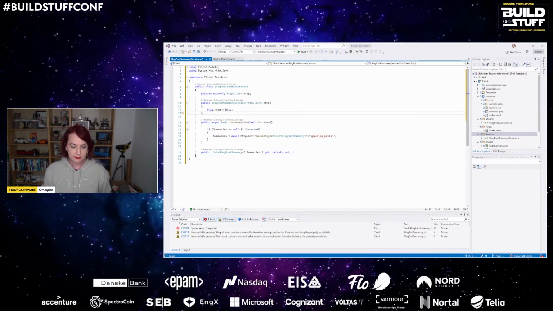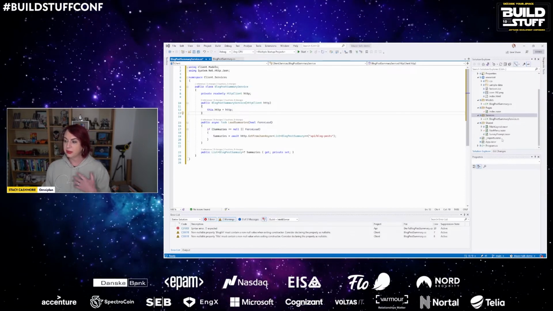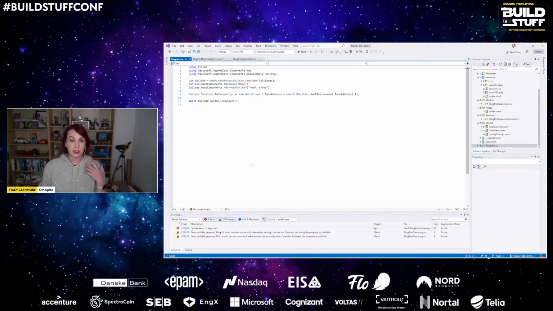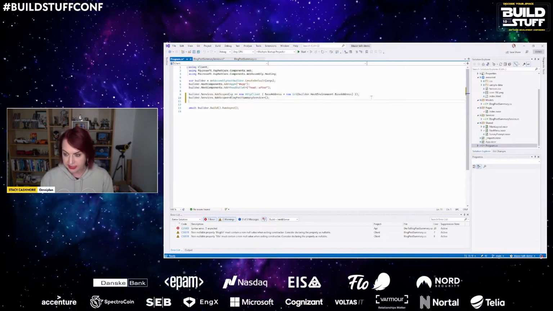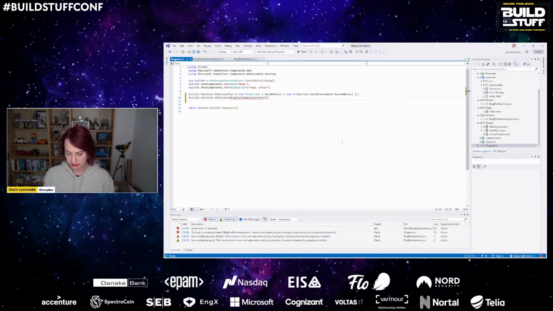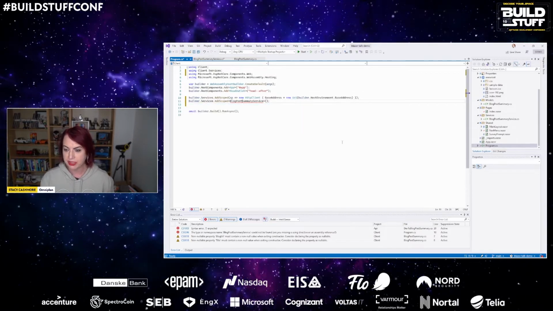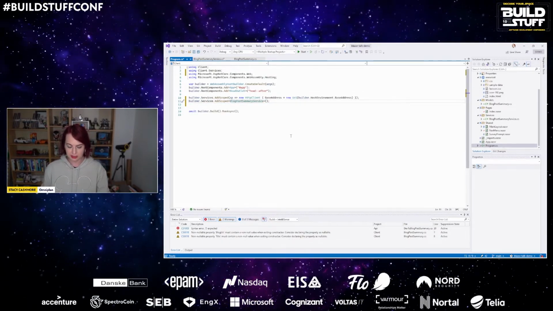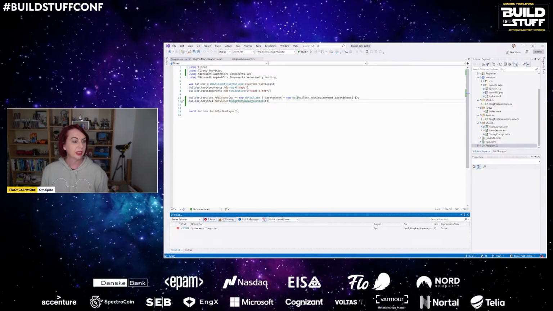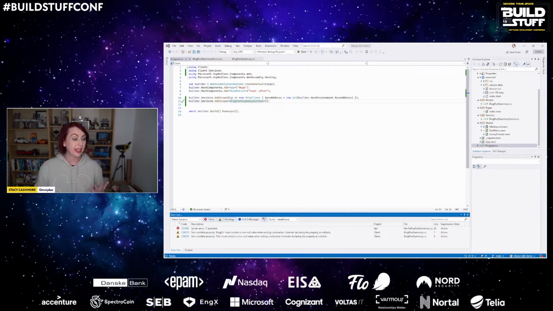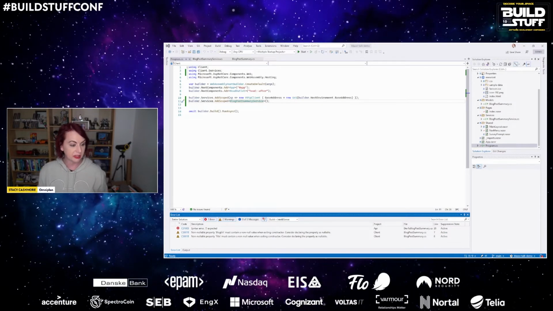Last but not least, we want to use this also as an injectable service that we can just put into any component that we want. So we're just going to add it to the DI container here. And we're going to use Control-click just to bring it in so that everything's there. Again, a quick build to make sure I've not done anything wrong. And we'll move on to actually displaying this stuff on the screen.